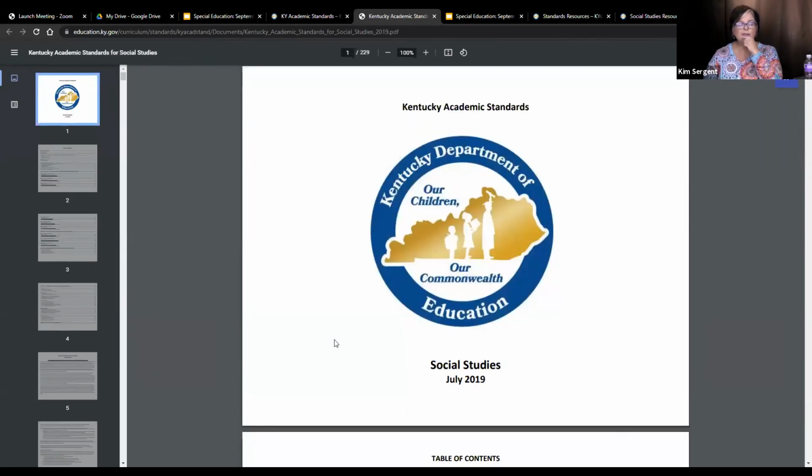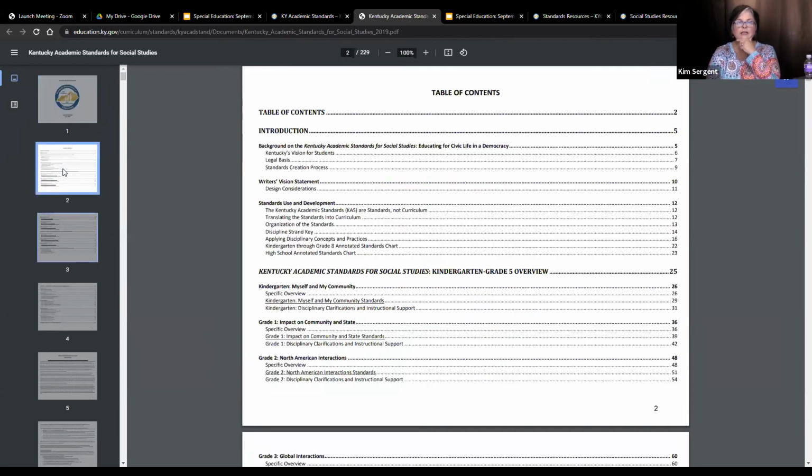It's roughly about a 219-page document. So if you're going to print that off, you may want to just do your span, because the whole thing is pretty deep. This is another thing I love about our standards: you really only have to use your section. This beginning part is pretty important. Like for instance, one thing I like that they've included here.